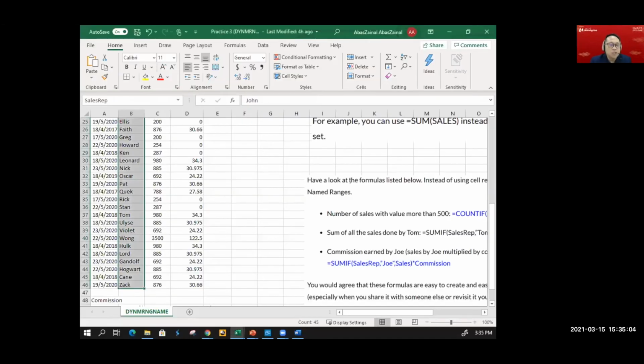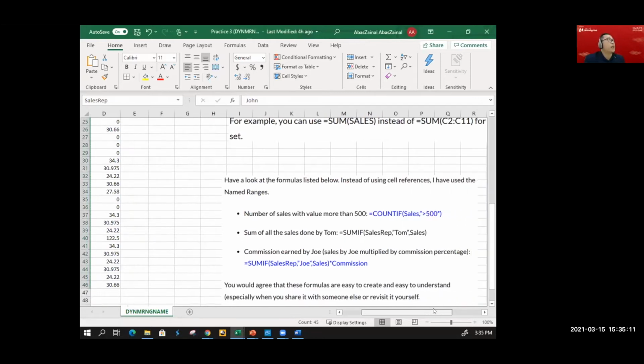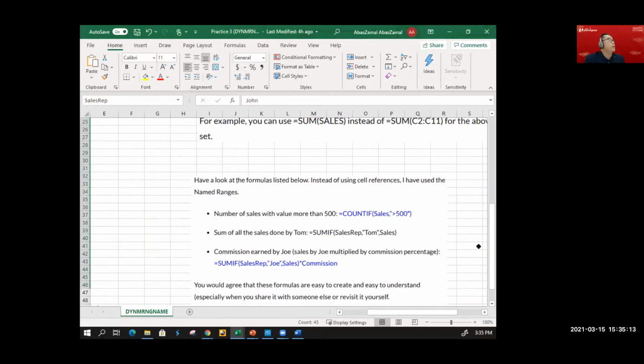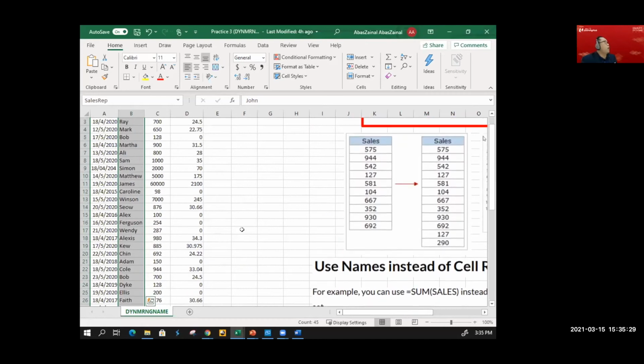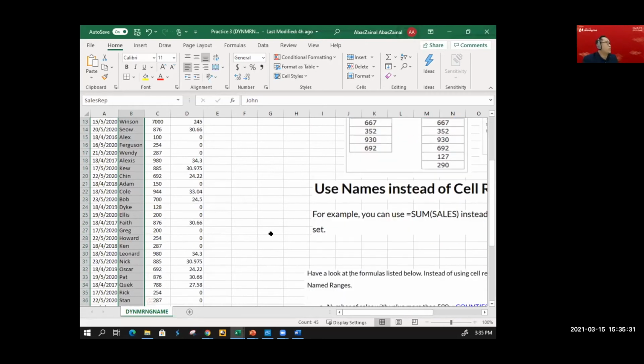All right, so let's take a look here. After you name the cell, in here I have some example instruction given. Have a look at the formula listed below. Instead of using cell reference, for example, I have used the named range, sales. So here you want to count how many people achieve sales of more than 500, for example.